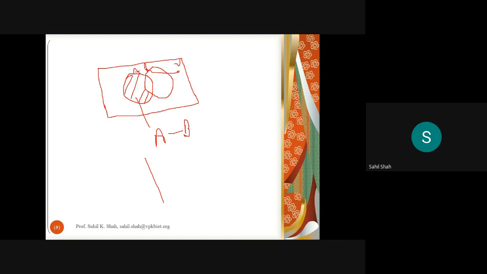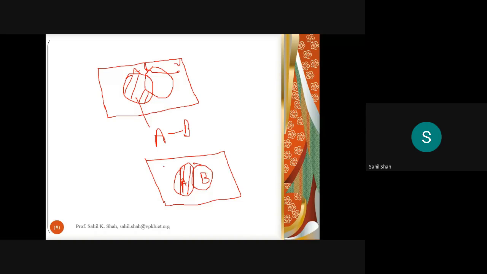In a similar manner, I will construct a Venn diagram for RHS. I will again have two circles. On the computer I'm using slides, so it may not be possible to have a perfect circle, but while drawing in your notebook or in the examination, you should draw it smooth. So this is A, this is B. I have to show A intersection B bar. If this is set B and this one is set A, whatever is present in set A, apart from this shared region,